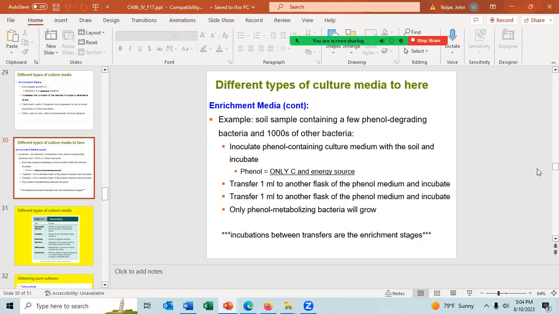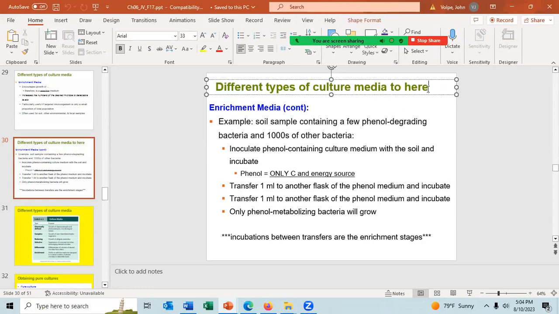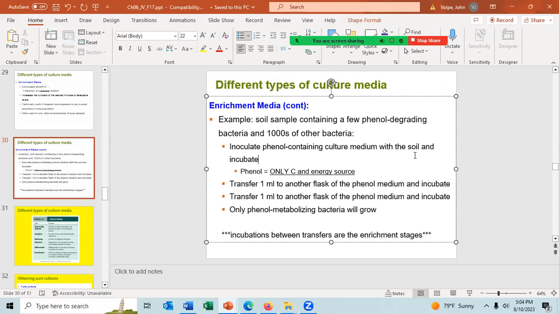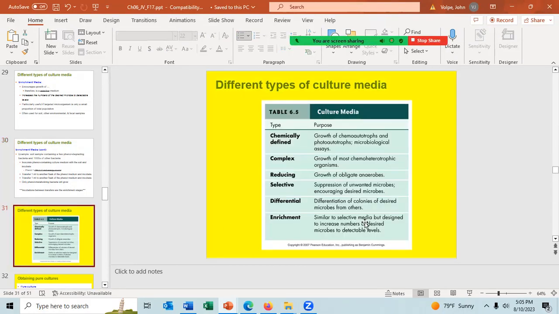I think we started this. Yeah, I've got that we were talking about enrichment media. I remember talking about a phenol degrading organism in the soil. So we were talking about different types of media. The last one we talked about was an enrichment media. It is selective, but you use it to enrich for bacteria of interest. And this slide is showing you the different types of media that we have available to us,